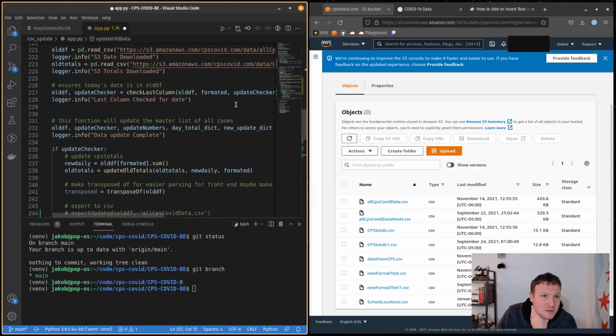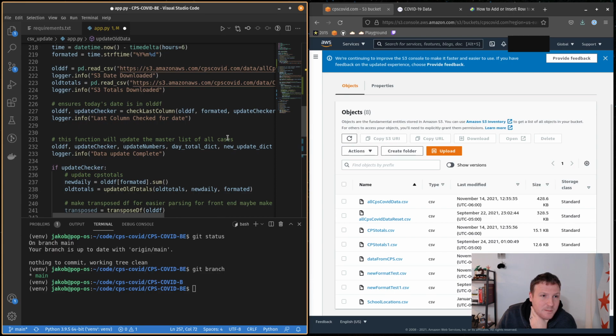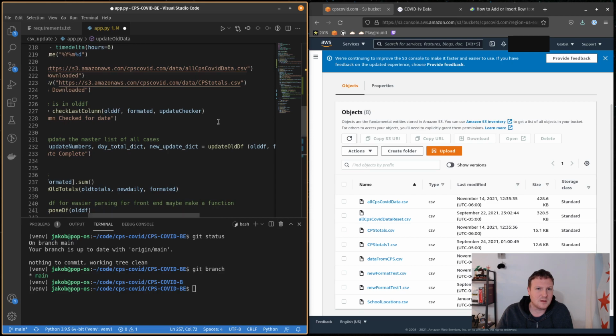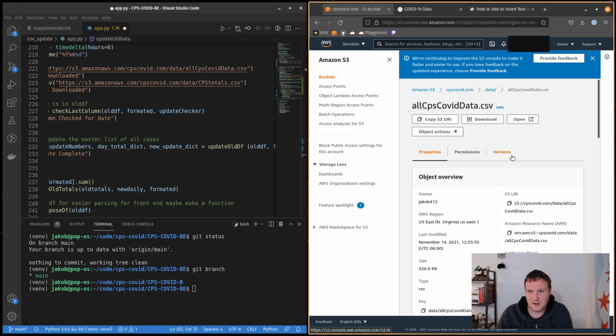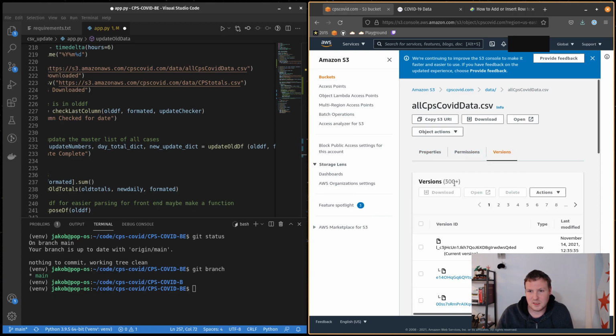Without, actually, typically it takes from these files and then overwrites those files. If we look at this all CPS data file here, and we look at versions, we see that there's hundreds of versions, because every time it runs, and every time that there's a change,